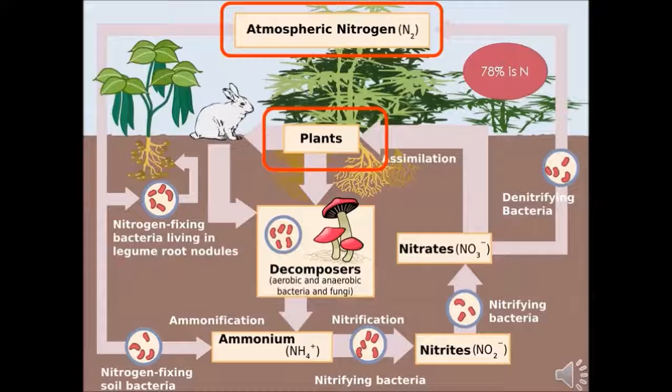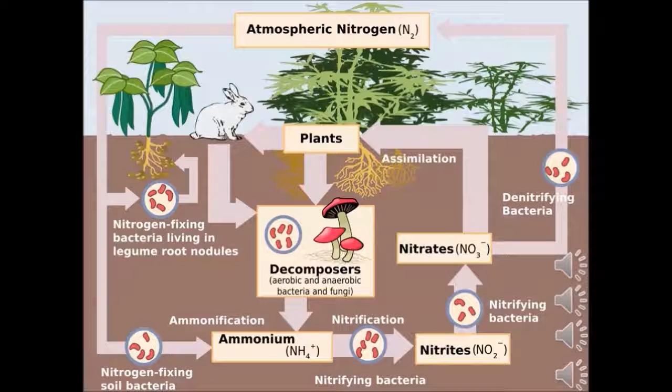At the roots, the nitrogen is combined with hydrogen to make ammonia in a process called nitrogen fixing. Lightning in the atmosphere can also do this. Ammonia is toxic, so additional bacteria combine this ammonia with oxygen in a process called nitrification. At this point, the nitrogen is in a form called nitrites.